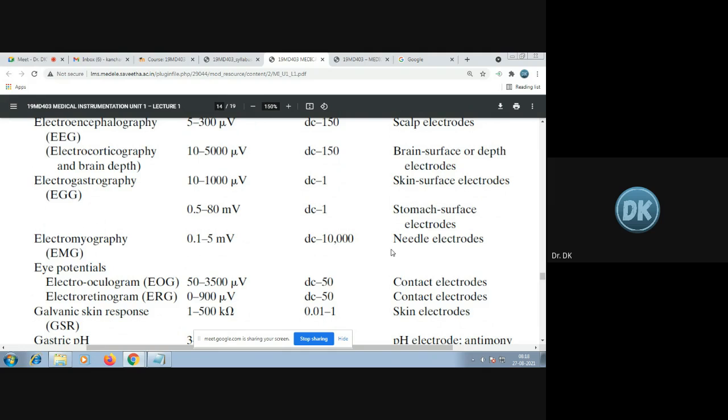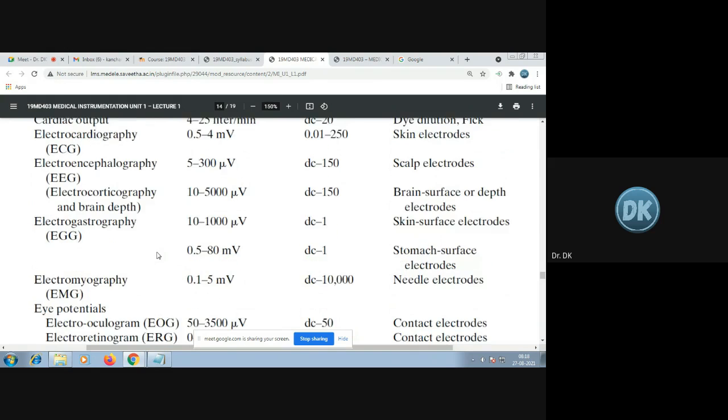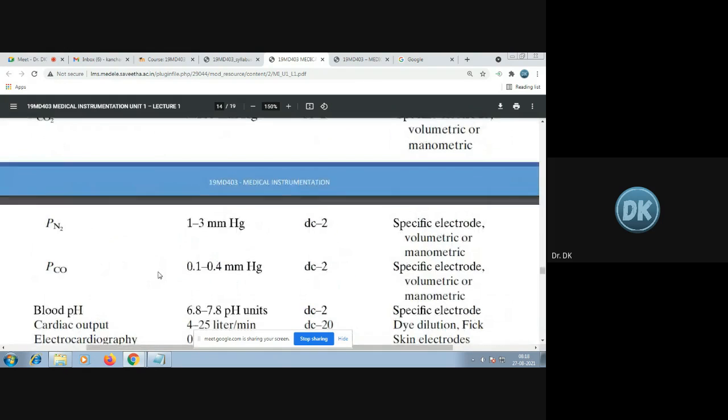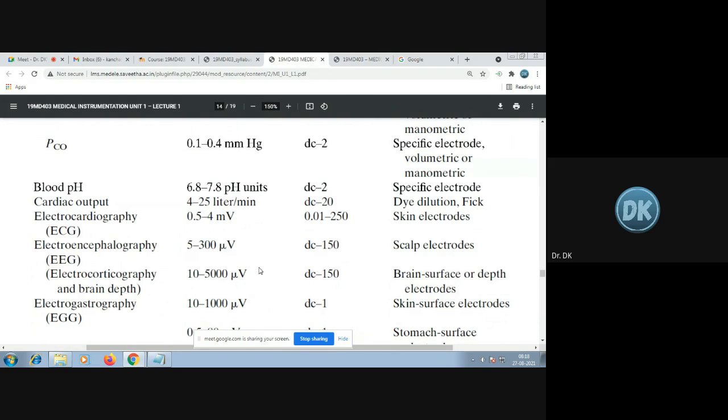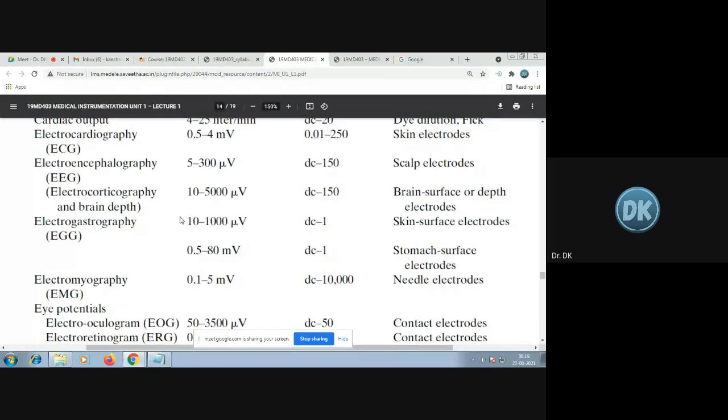Okay. So here we use different electrodes. So needle electrode is used, and also surface electrode is used, and eye potentials. So all these electrical signals, our human body is made up of a nervous system, you know that, right? So the nervous system will always conduct the electrical signals from the brain and also from the spinal cord. So each and every organ in the body is working based on the bioelectric signal, right? So we use different methods to measure each electrical activity of the organ, right?